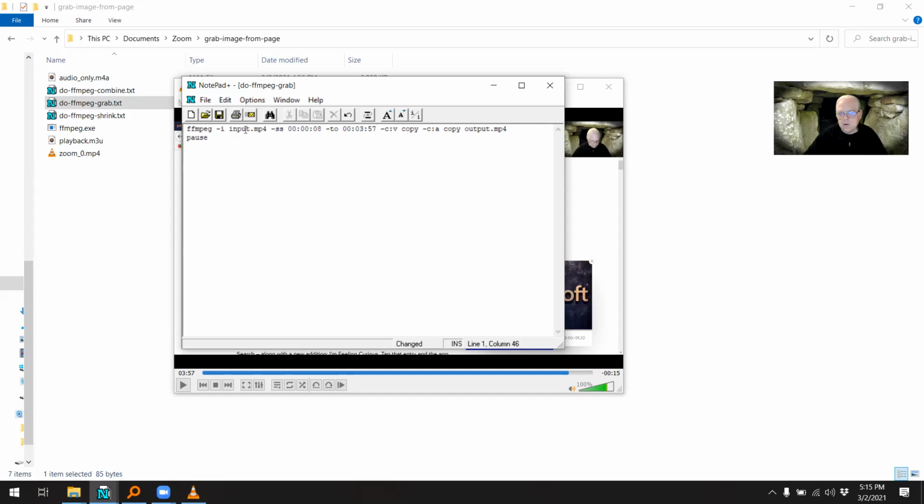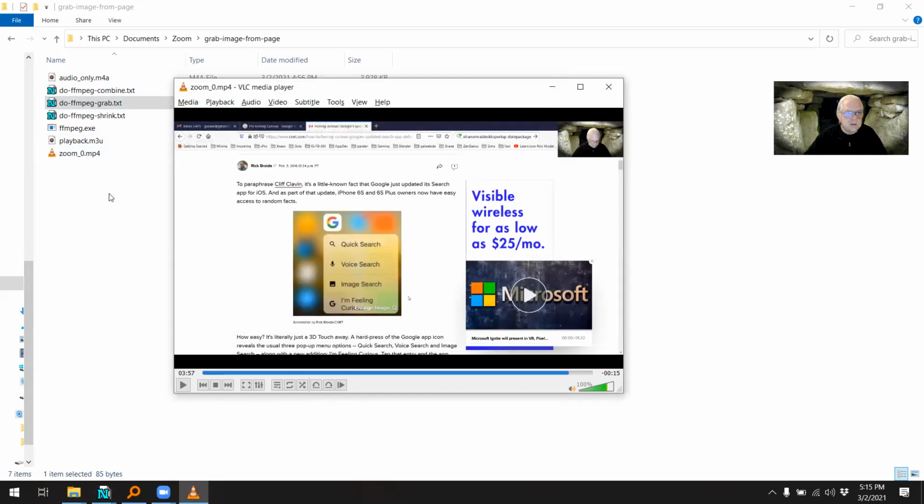While we're here, let's take note of the fact that the input file is called input.mp4. I do it this way to protect myself because I want to force myself to create a backup situation where I preserve a copy of the original file. So I have the numbers the way I want, and I just have to remember that I'm going to be changing that file somehow to be input. So I'm just going to save that, minimize it,